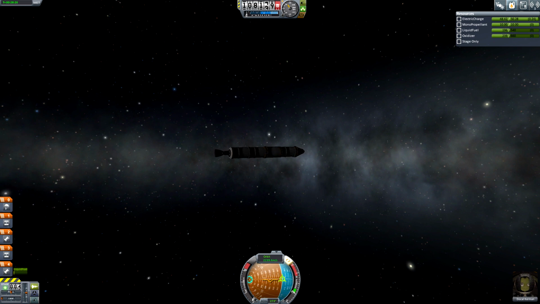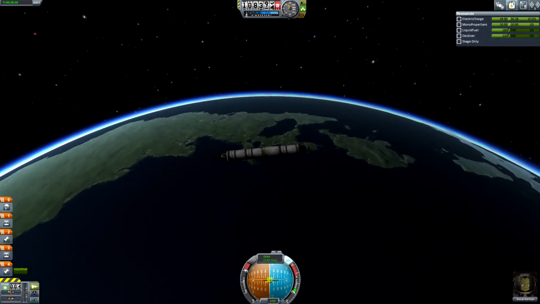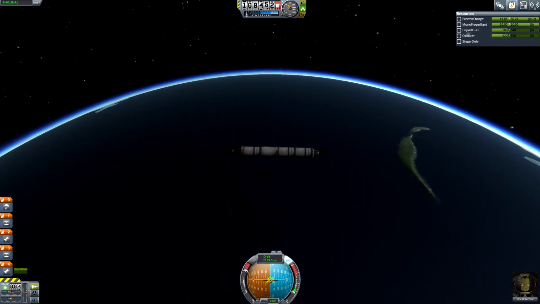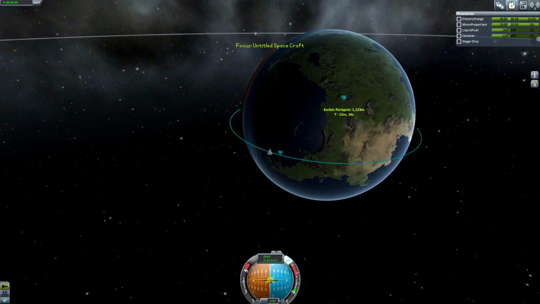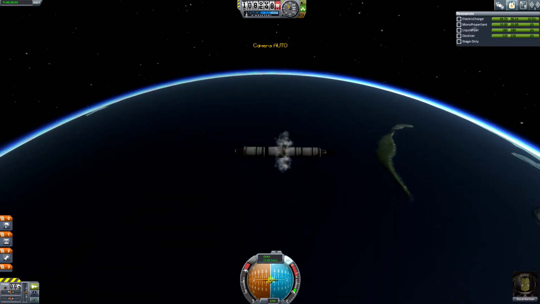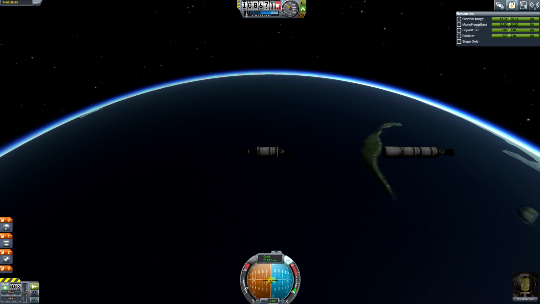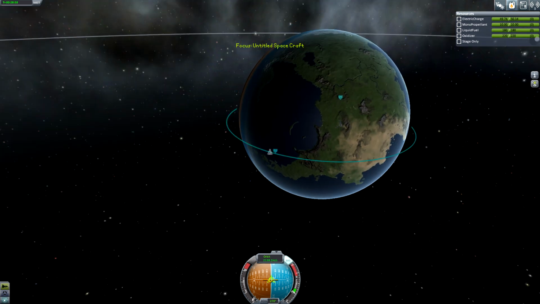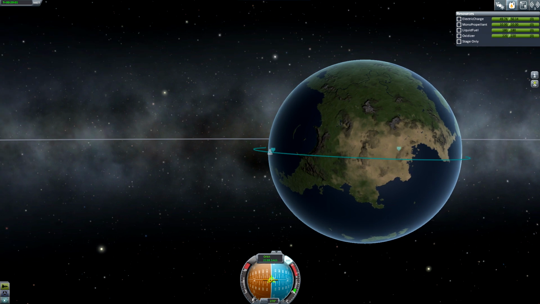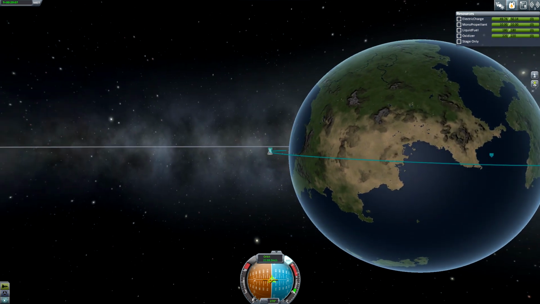And point the opposite direction. Okay, so I think we got into a suborbital trajectory. Maybe? What is this? Oh yeah, we did, no problem. Okay, so we can drop this booster. Oop. There we go. Okay, and I'm not exactly sure when we're going to hit the atmosphere. I don't know. Maybe I should, like...